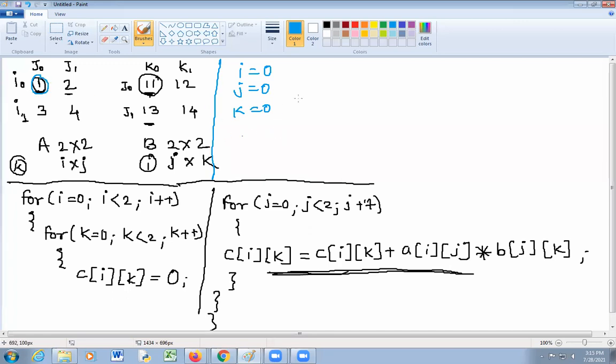So C of ik is equal to C of ik plus A of ij into B of jk.